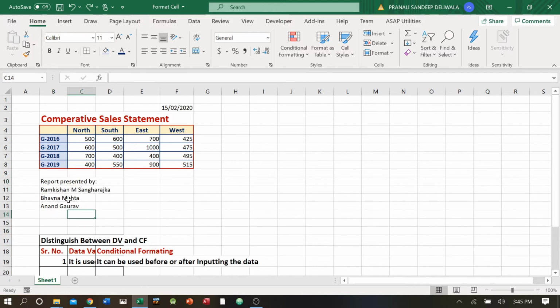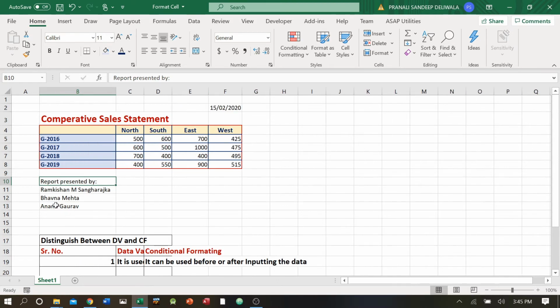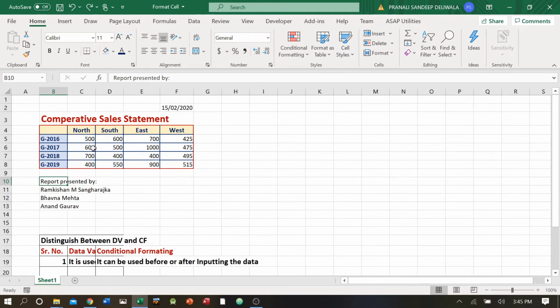The logic is, if you want to make this proper, it basically falls under this column. If you increase the column to this extent, you can see this has increased. So there are cases where we have to use wrap text. There is another choice also available. I don't want to change any of this area, but I just want to change this area so it is visible properly.